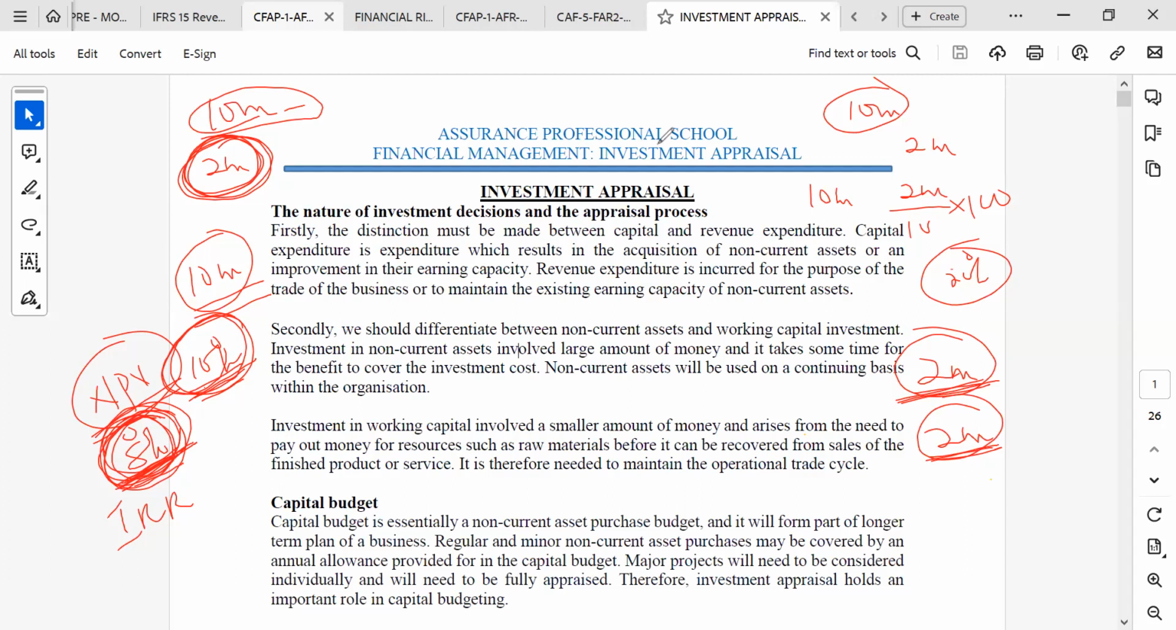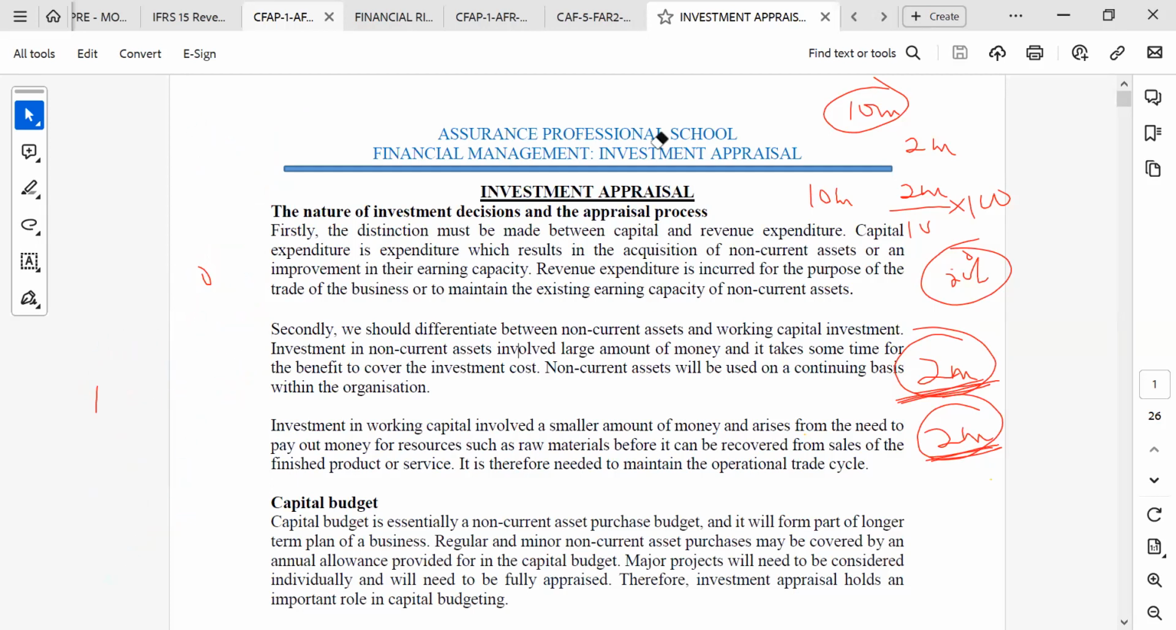We also use another tool that we call profitability index. That is where the company is having a lot of investment and the money that they have is not up to that one. So they will now choose between the combination of the investment that they should undertake. So basically, we'll be looking at